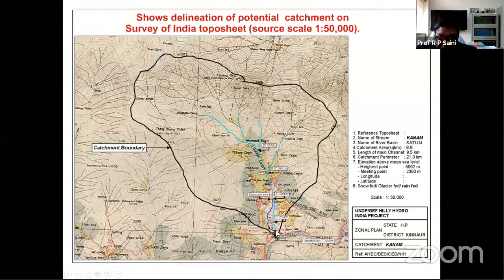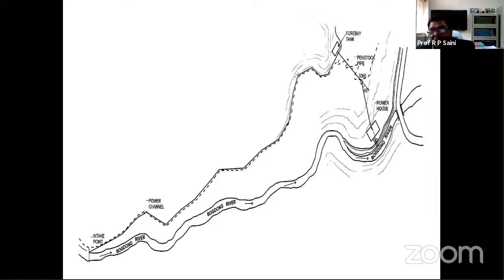And then if you want to put the powerhouse over here, you can see the reading of these contours. The difference of that will be the static head, the level between the two. Otherwise, there is another method where you can take an altimeter at that level upstream and downstream, and the difference of that will be the head. Civil engineers also use theodolites to know the difference of levels. So I think it is a simple method, not a tedious method, to know the head for a given site.